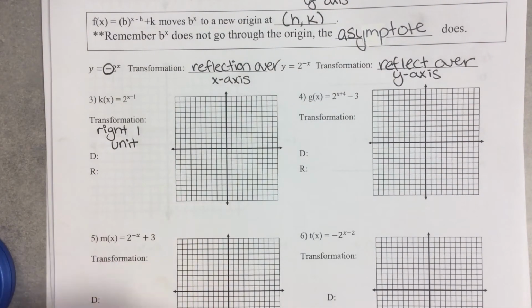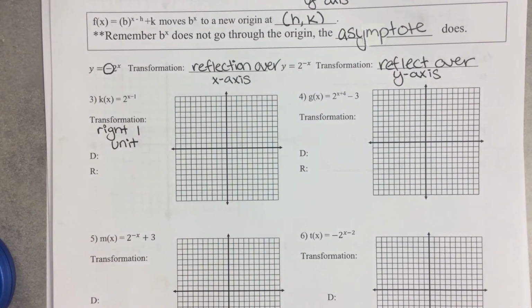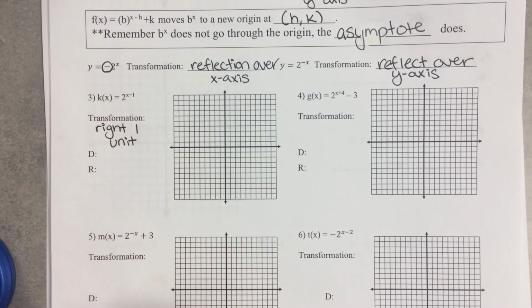So I'm going to do our parent graph in orange, and then I'm going to do our graph right here in black. So our parent graph